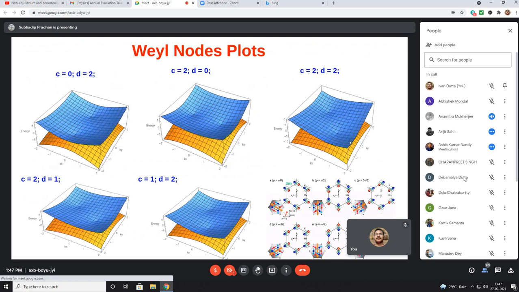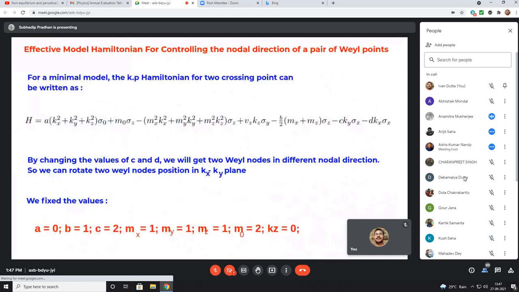This is not a cross term, right? Just show. No, so k_y sigma_x and that k sigma_x. Sigma_x is common. I see, you are differentiating between them. So one can write this as a vector dot k and sigma_x. That vector term, C and D, you can write as a vector, and then k_y k_x is another vector, and then that will multiply with sigma_x. And then that gives you control on the rotation.